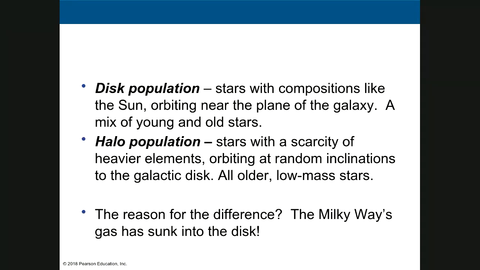So when we look here, disk population, we have stars with compositions like the sun orbiting near the plane of the galaxy, a mix of young and old stars. In the halo, scarcity of heavier elements, orbiting at random inclinations to the galactic disk. These are all older low-mass stars. So basically, when you put that with the other features together,